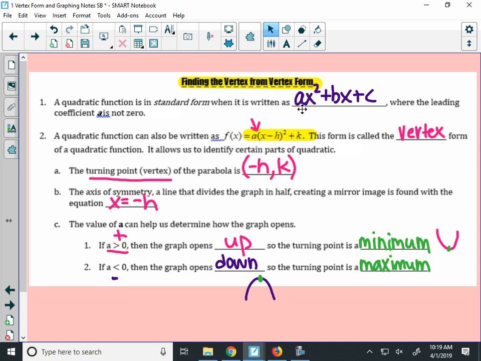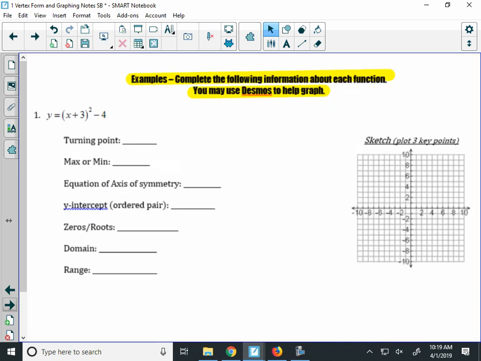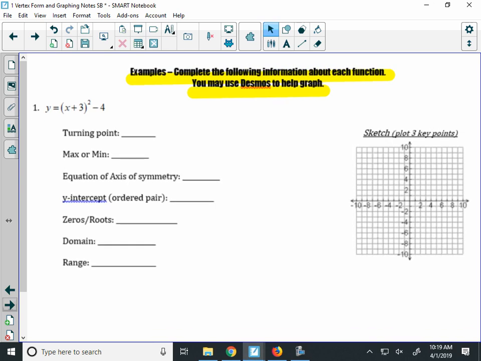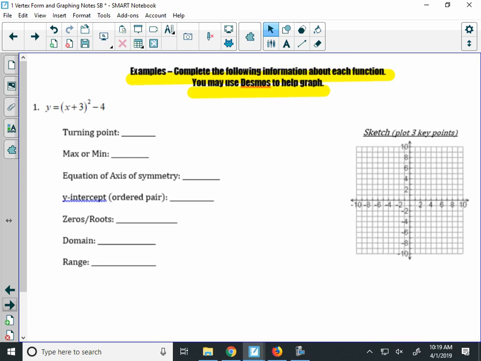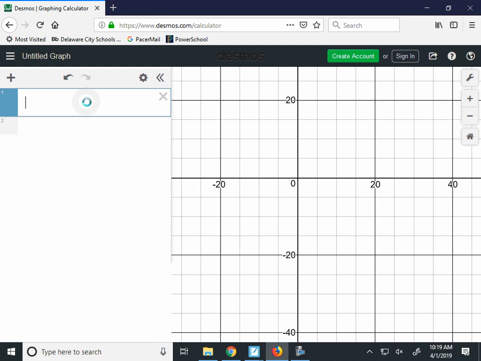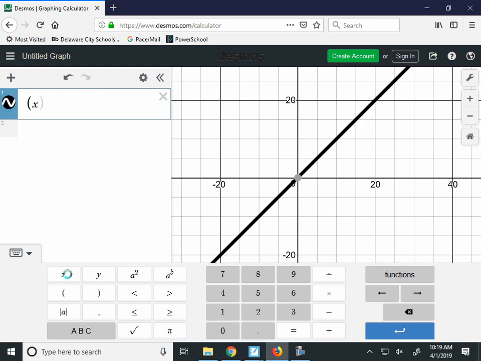So let's put that with numbers. Let's have that make sense with a few examples here. We are going to graph all these, and you can use Desmos to help you. Okay. Now, we're going to graph x plus 3, the quantity squared, minus 4. That's the first thing we're going to do. So we'll use our parentheses, x plus 3